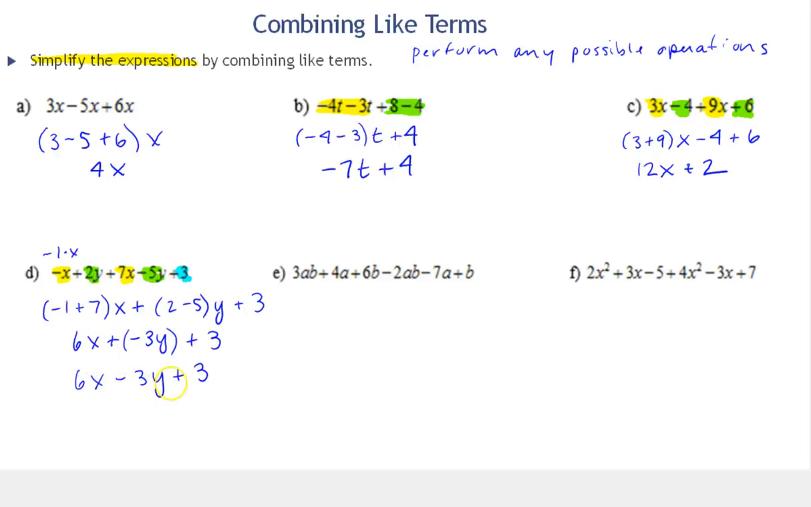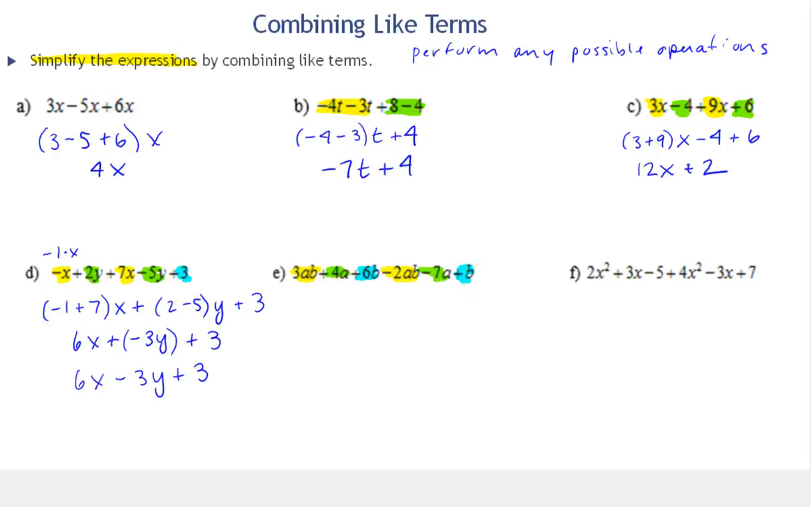Now, all of these are different types of variables, so we cannot combine any further. Let's look at the next one. Again, I'm trying to be systematic because now we're getting more variables, so I'm going to start with the AB term. And I'm going to scroll or scan through. Here's another AB term. Okay. Now, my next type of term is 4A, so that's an A term, and here's another A term. And then we have a B term and another B term. And notice I made sure all of them are highlighted,